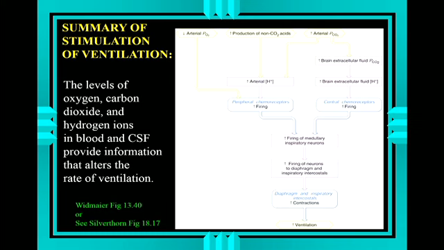And this, mother of all flowcharts, brings everything we said together. What happens if you drop your PO2? What happens if you've got a drop in pH that's caused by something other than carbon dioxide? And most importantly, what happens if your CO2 partial pressures increase? Through either the central or peripheral or both chemoreceptors, you will increase your breathing, thus rectifying all those conditions. And that's how you and I